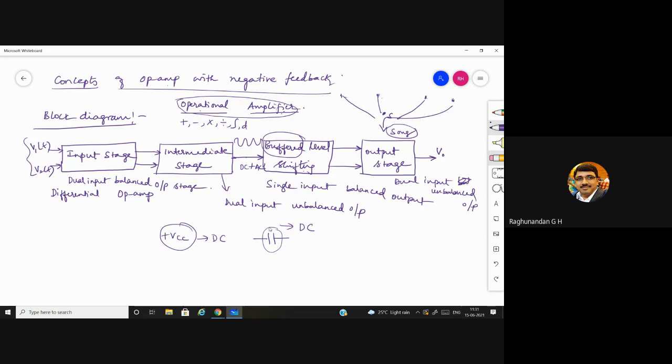So this AC signal will be passed on to the output stage. Now when it comes to the output stage, again we'll be having a push-pull power amplifier. The amplifier stage which we are going to use in the output stage will be like a push-pull amplifier only. It doesn't mean that it is going to use a heat sink. It is just going to work like a push-pull power amplifier.